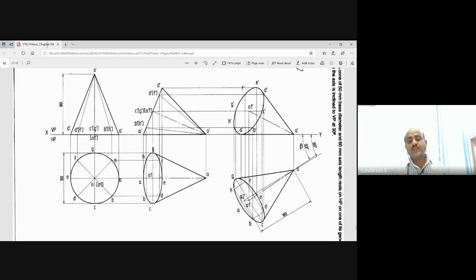Okay, the procedure will remain the same as we discussed for the previous beta angle problems in the case of a solid. What you have to do is, first draw a line for 30 degrees. Then on the 30-degree line, mark O. Measure the actual length of the axis, O1. Then from O1 draw a parallel line, which is called the locus line.